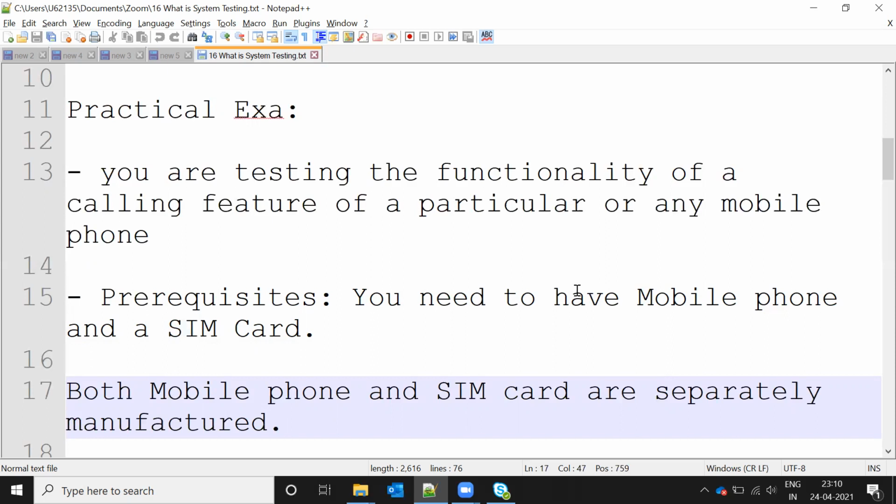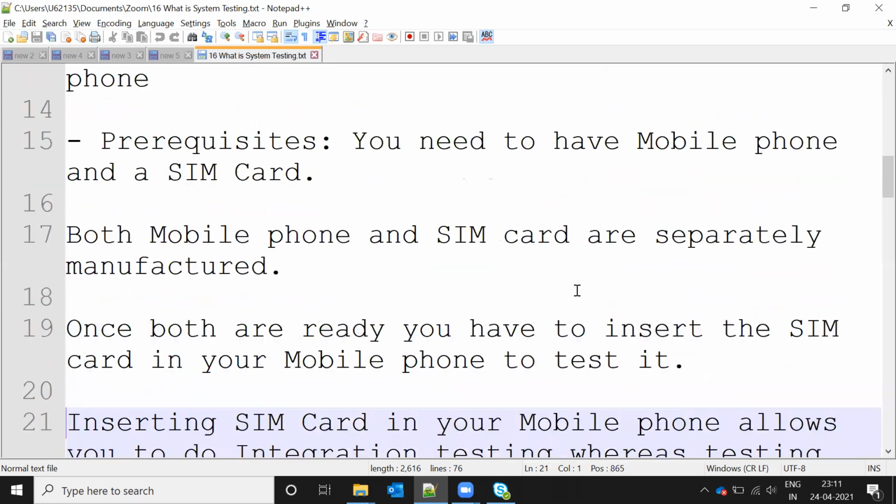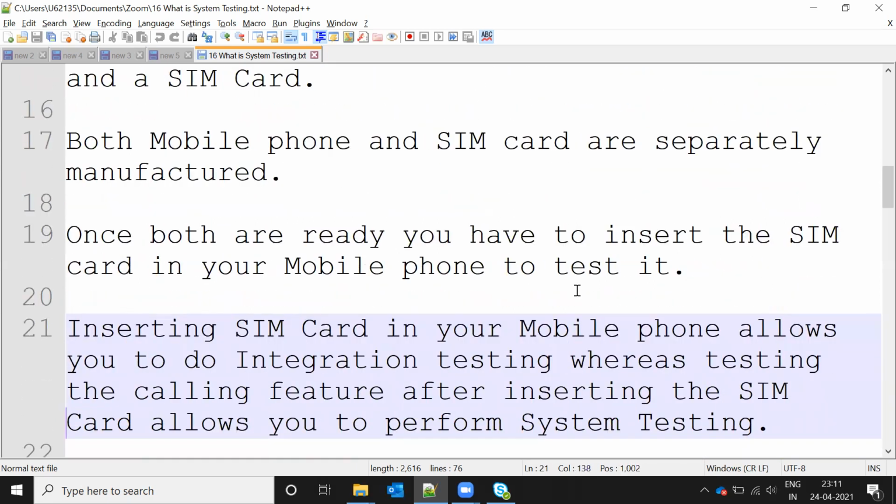But when they are integrated, the mobile and the SIM, they come from different manufacturers. The mobile is Sony and the SIM is Vodafone or Airtel. Both are different companies. We put the SIM into the mobile and test by calling another person.